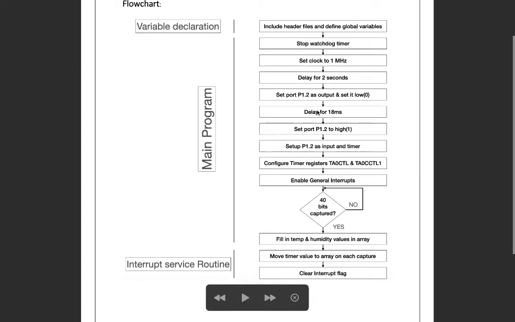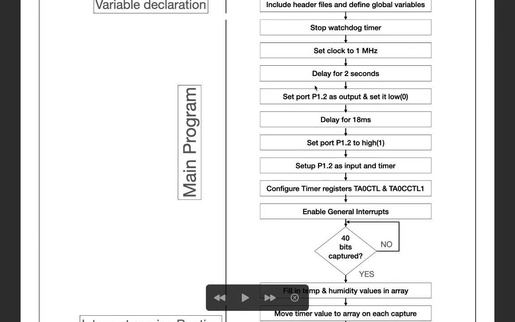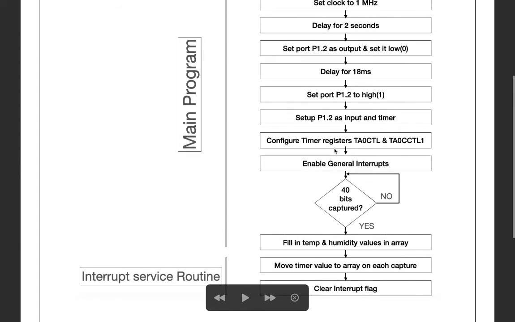Yeah, here it is. Once we configure it as an input pin in the timer mode, it is ready to receive the data from the sensor. But now we have to configure our timers also. So we will configure these two registers, which will configure our timer.